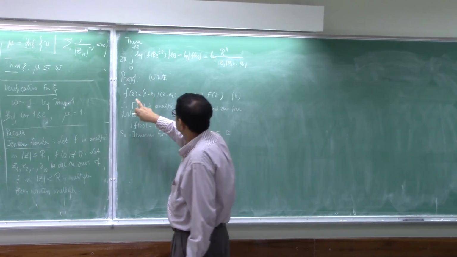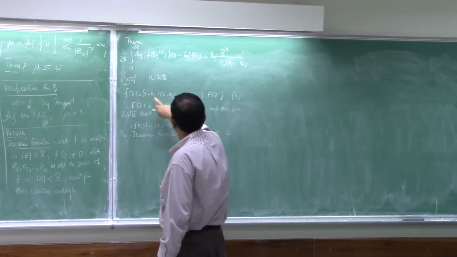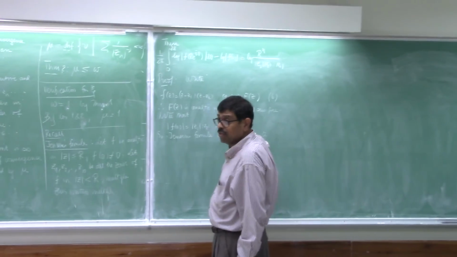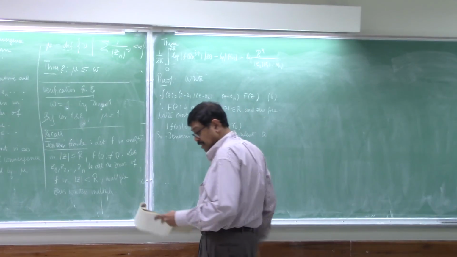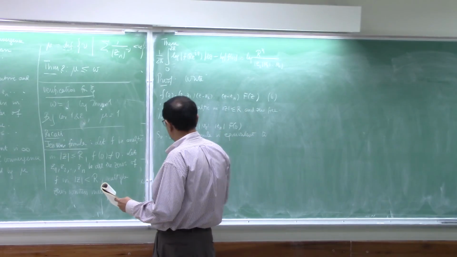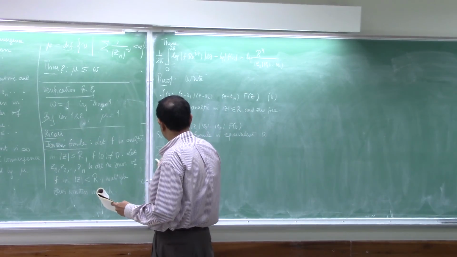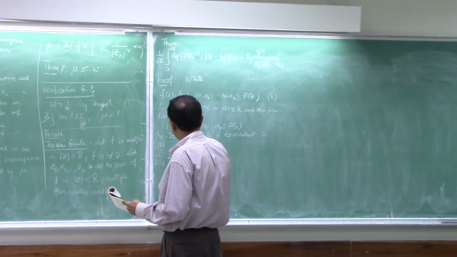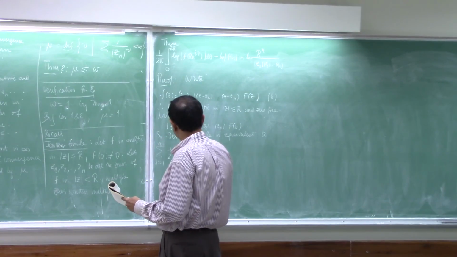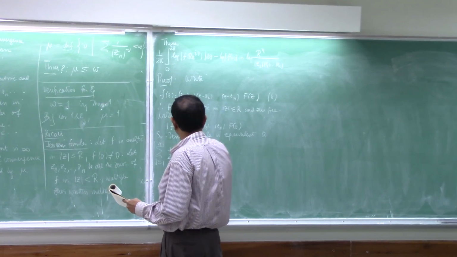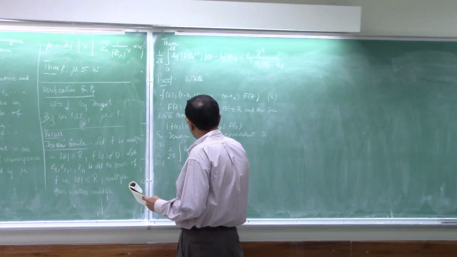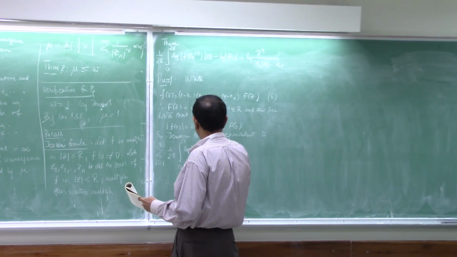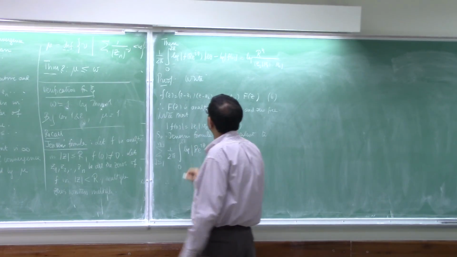We're going to replace the little f by this product involving the capital F, and use the fact that this is zero free. So this is equivalent to the summation over j from 1 to n of 1 over 2 pi, the integral from 0 to 2 pi, of the logarithm of r e to the i theta minus zj, right? So that's